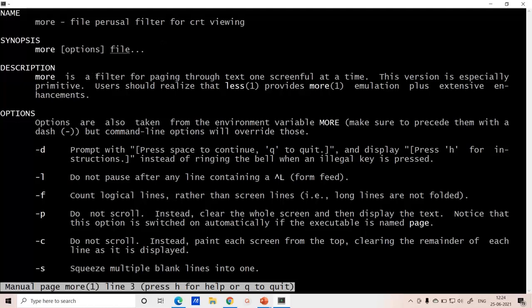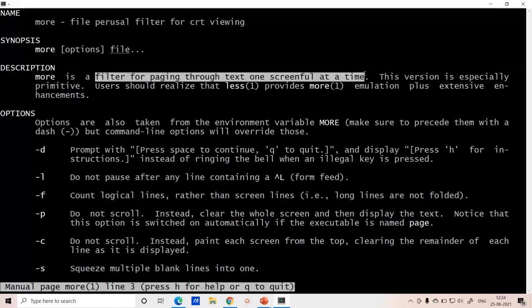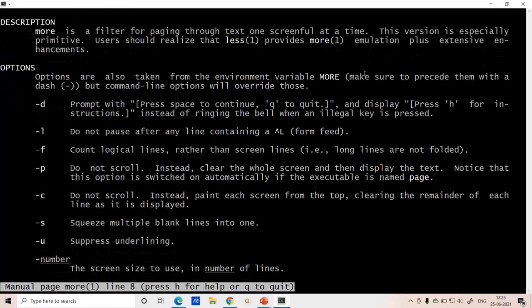So more is a filter for paging through text, one screenful at a time. So it's going to display only one screen at a time, however much data is sufficient for that particular screen. And followed by that, you can see you have many options. For example, if I use hyphen d, it is going to give a prompt saying press space.